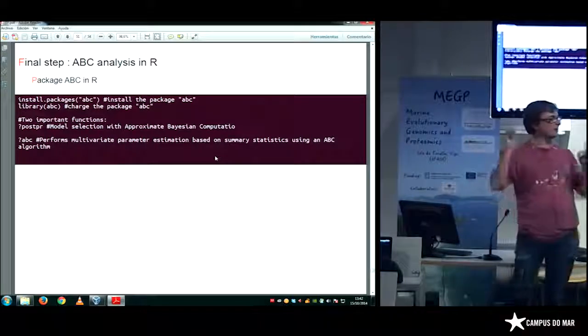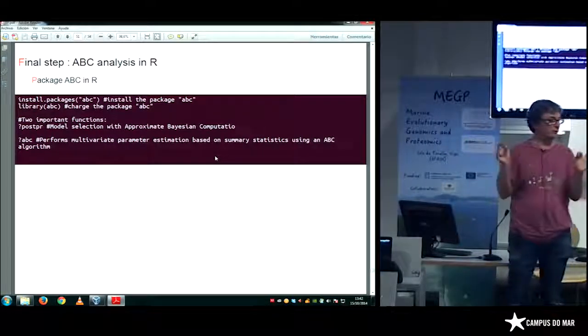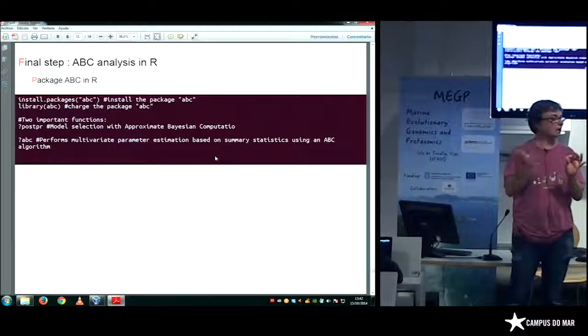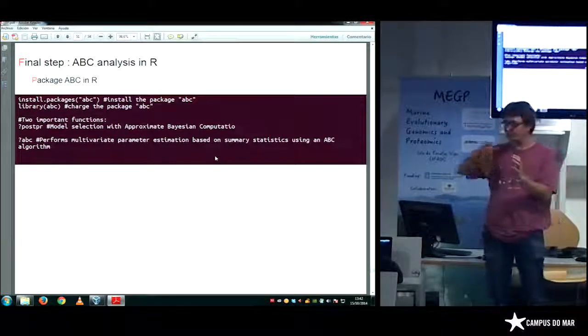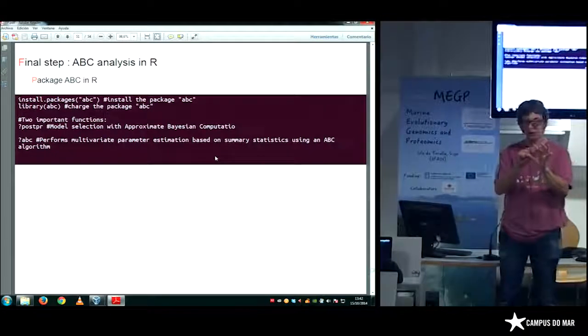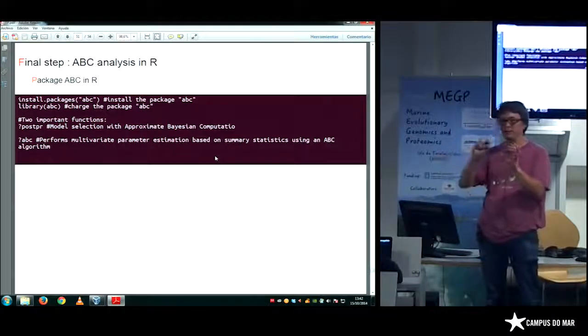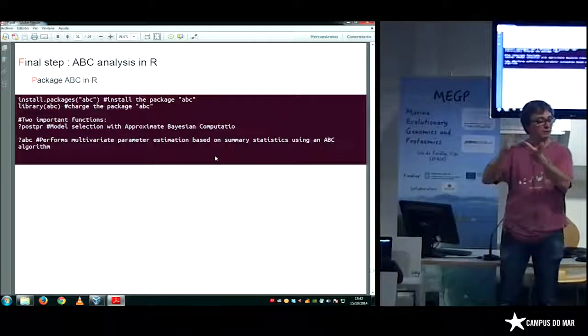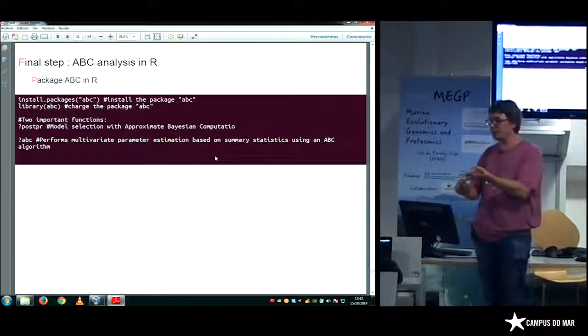Even me, I never remember all the arguments. I always need to take some time to understand the command line, what is this parameter, what is this parameter.